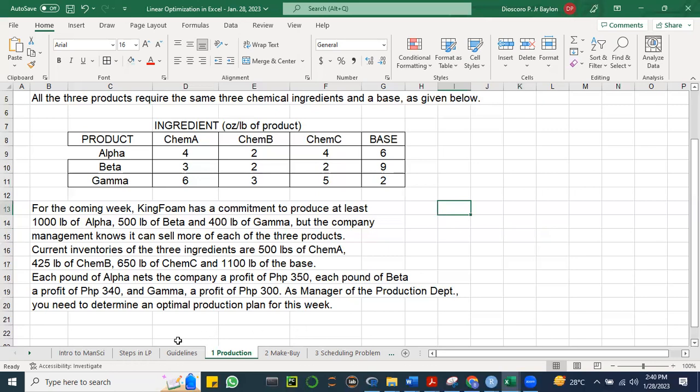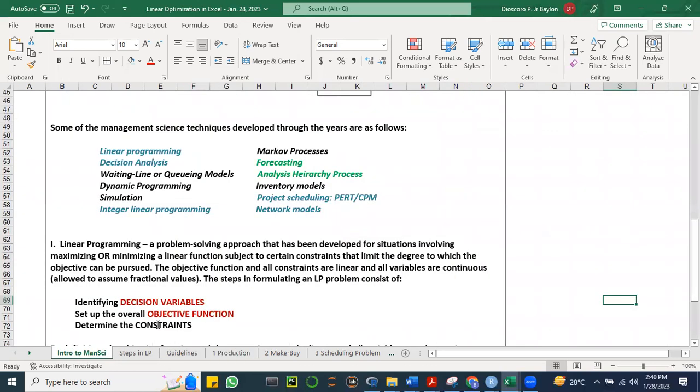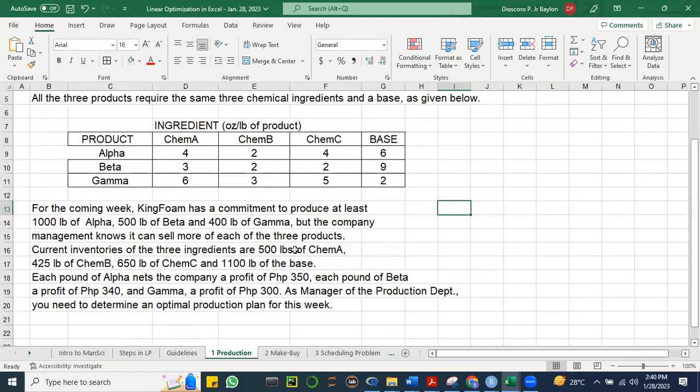If you recall, when I showed this, these are the 3 steps that we need to identify for a basic linear program. And the third one is to determine the constraints. So this is an example of a constraint where you have your alpha, your beta, and your gamma, and we're told that the minimum for each should be 1,500 and 400 respectively. All right. Then we're also told that